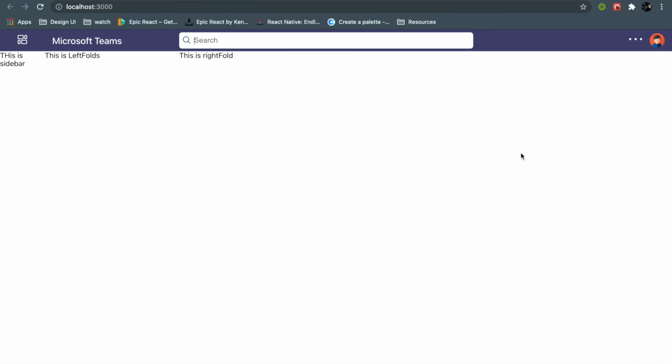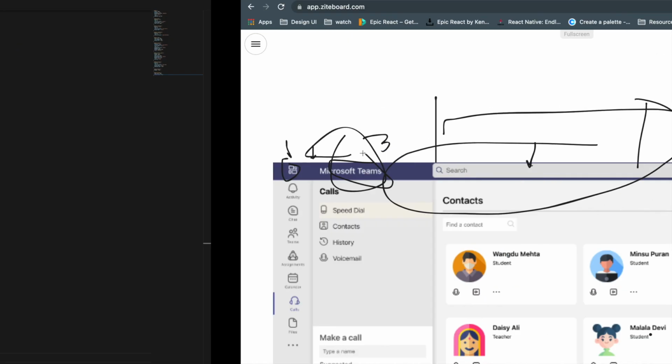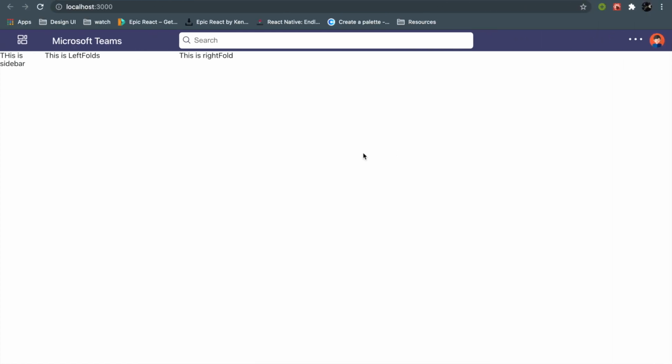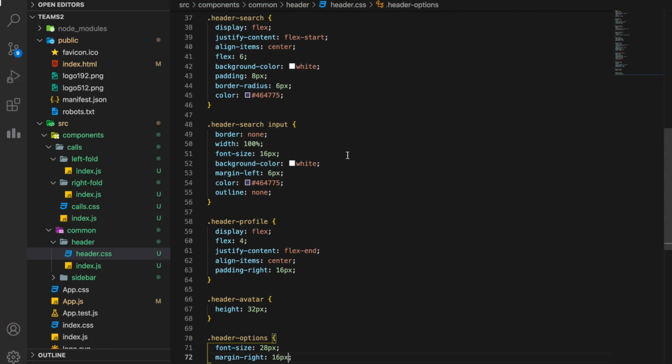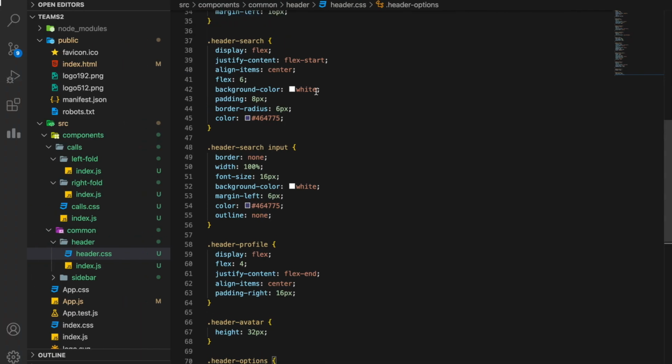Now we will save it. Yes, you can see that my header component is completed now. It looks exactly the way we want. So okay, one thing is remaining. The background color is not what we decided. You see there is a difference, so I'll just change the background color. It's not white, it is hashtag even.